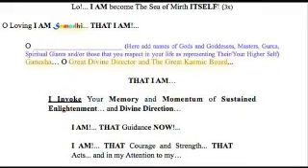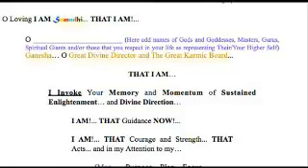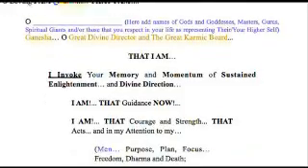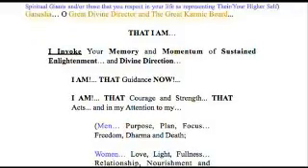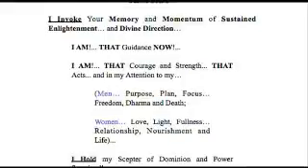I invoke your memory and momentum of sustained enlightenment and divine direction. I am that guidance now. I am that courage and strength that acts. And in my attention to my, and men with me, women with Robbie,